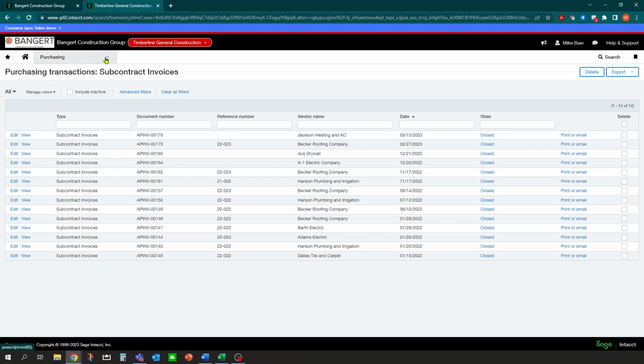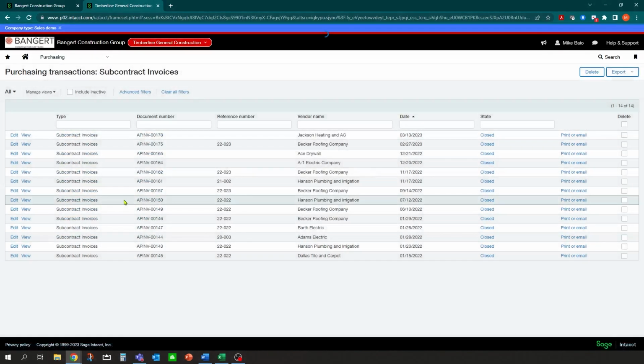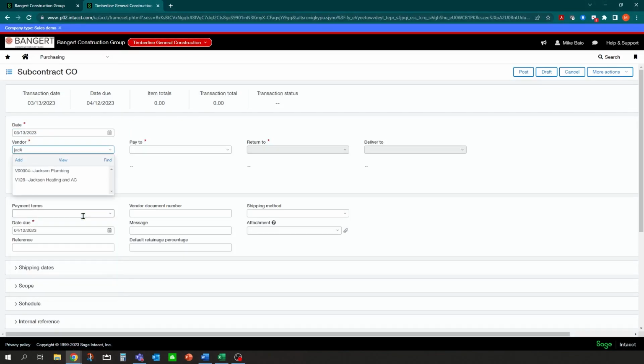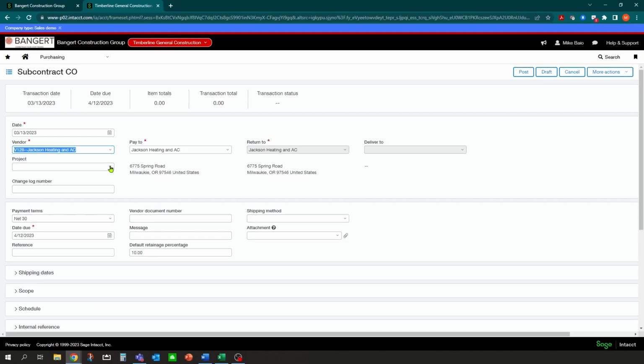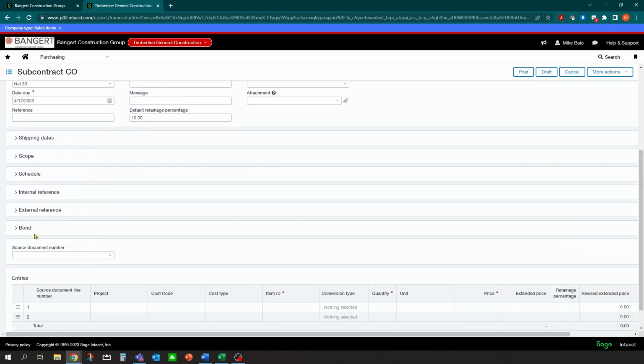Okay. Now you can also do change orders on that. So if you had a subcontract change order document, you can click here and hit the plus. And I can pull up my vendor, and that was Jackson Heating. What's the project again? 24. And what I can do here now is I can come down into here, and I can list the default scope document. I believe you do want to make sure that that number structure is set up the way you want it, but I believe it was this one here should be the latest number.